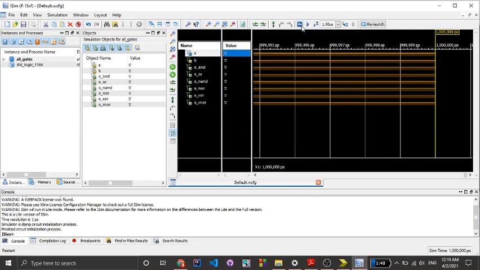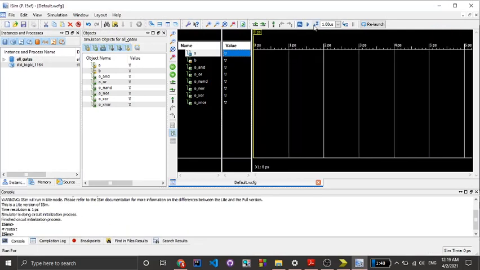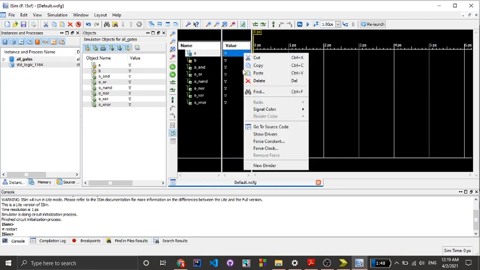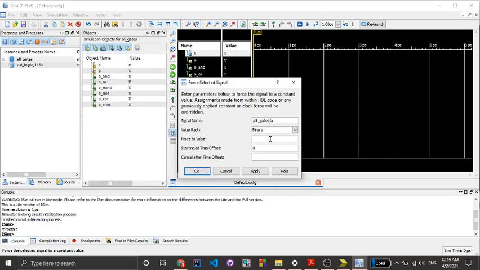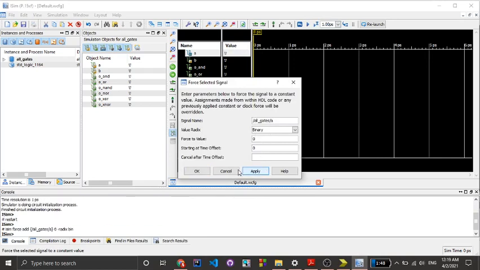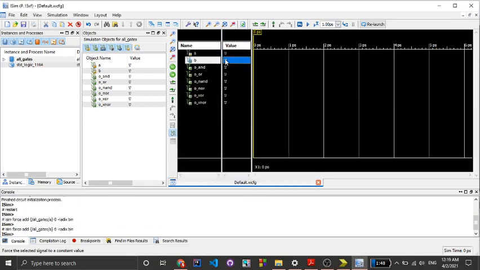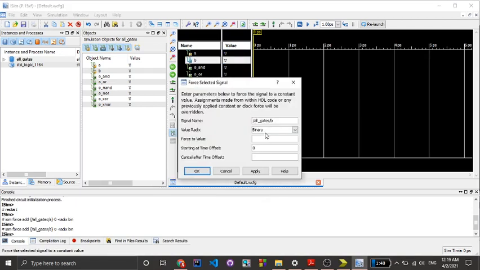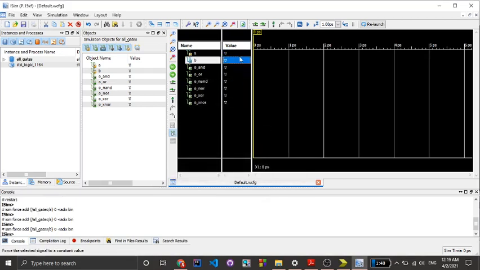Now first click on this restart and then change this microsecond to picosecond. Force constant value of A to 0. Force constant value of B also 0.